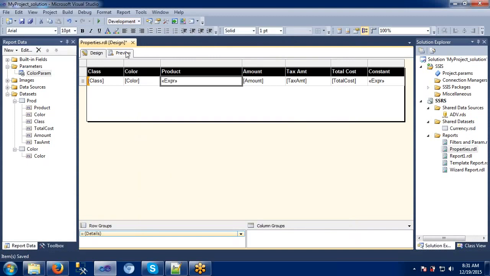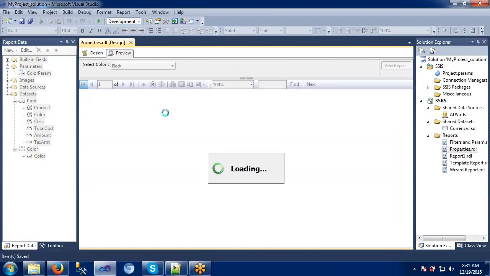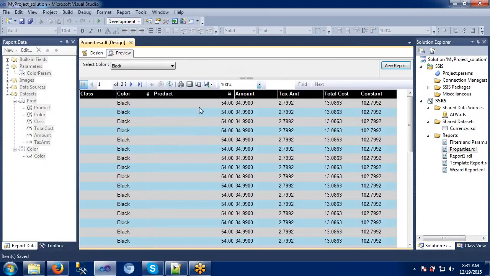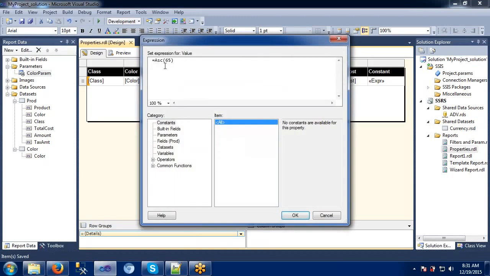If I remember, it is an A here. It is giving some ASCII value for this 65. Try to use this one. It will return the ASCII value of that one. That's it. ASCII value of 65 I have given here.